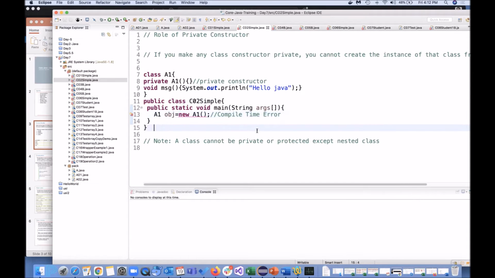When we talk about class, a class cannot be private or protected. A class can be a nested class, so we will be seeing nested class or inner class later. But whenever we are talking about private, we are talking about the data members only, the functions and the variables which you are defining. Fine. Moving to the next one.